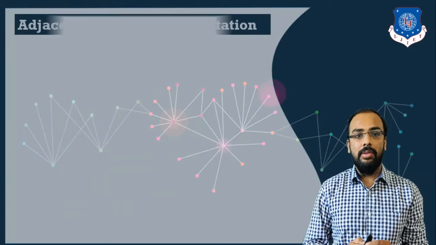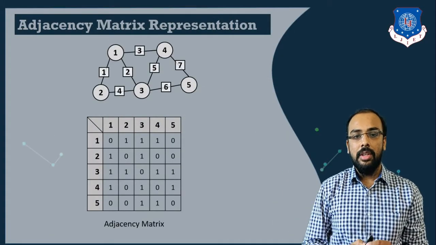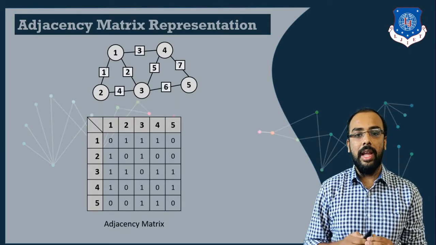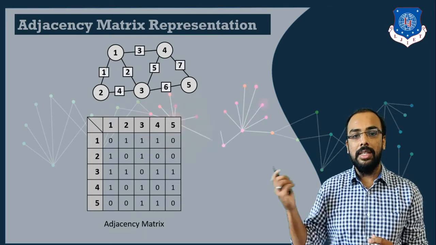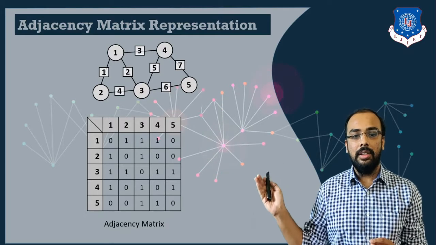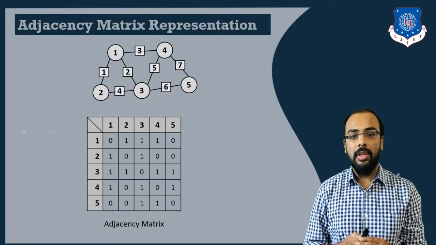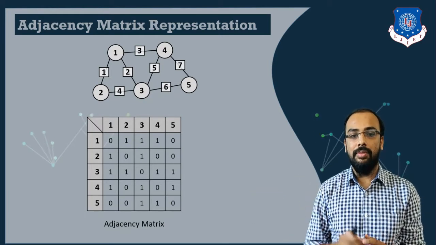Now we will study how we can represent an adjacency matrix. Here you can see a graph in which there are 5 different nodes and some weights assigned to some of the edges, but this graph is again an undirected graph. Below is a matrix with 5 rows and 5 columns. That means the number of nodes is represented horizontally as well as vertically.